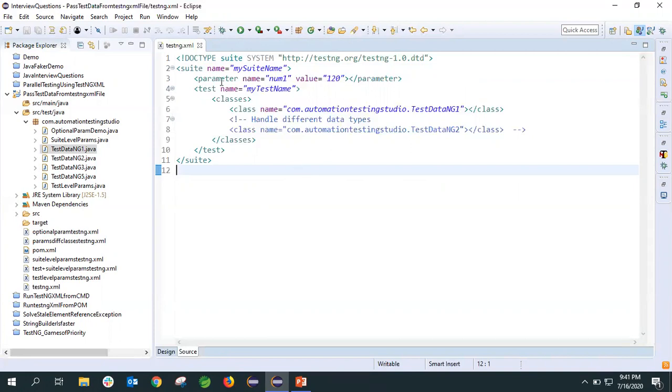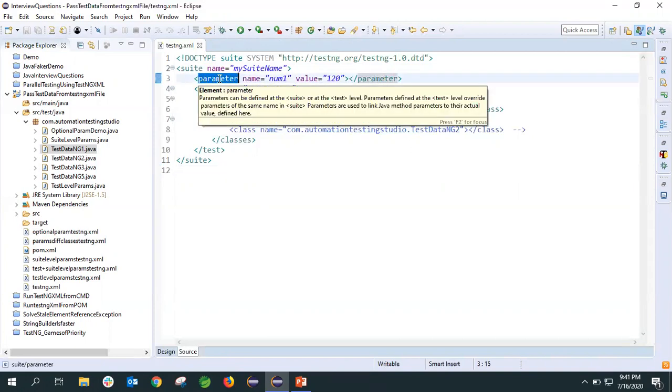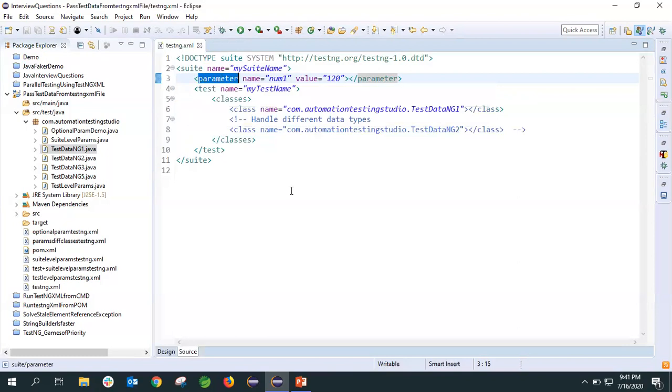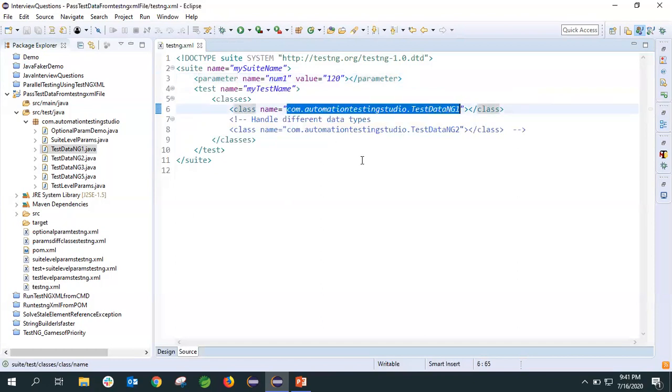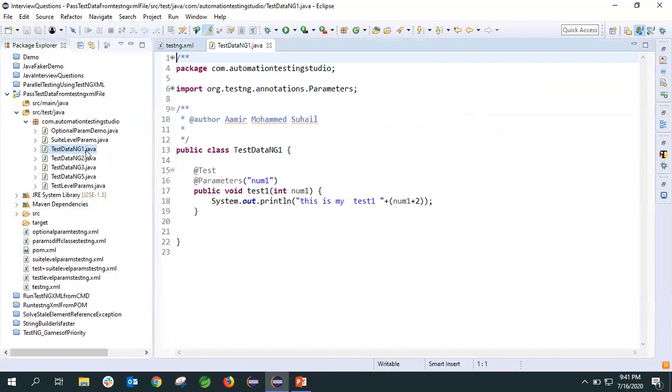Suppose I have written this tag called parameter. In testng, we have to use the parameter tags to pass the data to our test cases. I have used the parameter tag, and the name I have given is the variable num1, and whatever value I want to pass through this variable I have given here. Now in my test case, I'm using this test data ng1 test. We'll open this.